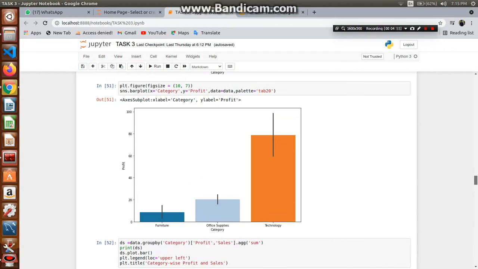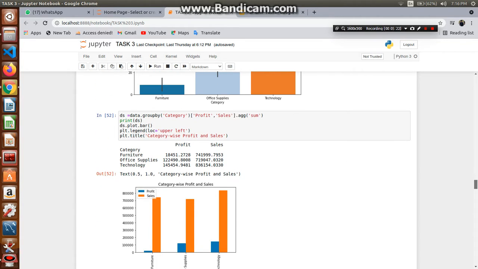And talking about profit, technology products again make the most profit, and office supplies do not make the most profit, despite being the highest quantity. Despite being the highest quantity of products in a supermarket, it fails to make the highest profit. So we need to cut it out in order to curb the losses.